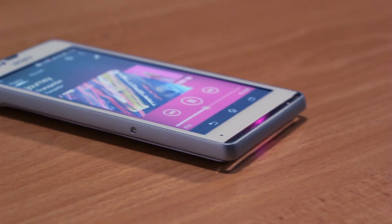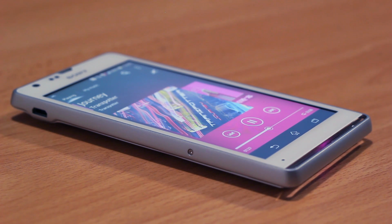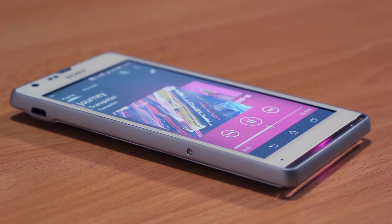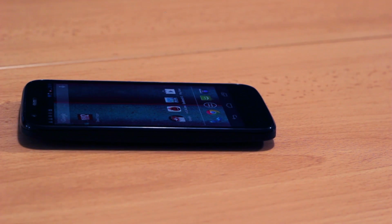The Sony Xperia SP is proving itself to be known as one of the best mid-range phones of 2013. It looks and feels great and has an excellent camera for a mid-range device with a very powerful dual-core processor. The Moto G is Google's latest mid-range device, which also packs some very impressive specs on paper, and what's so